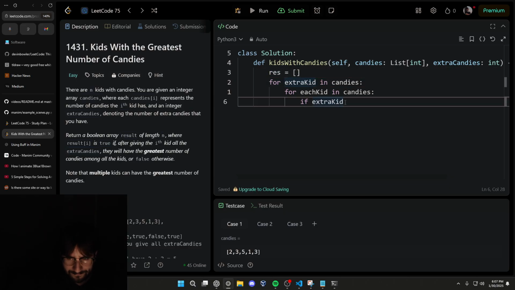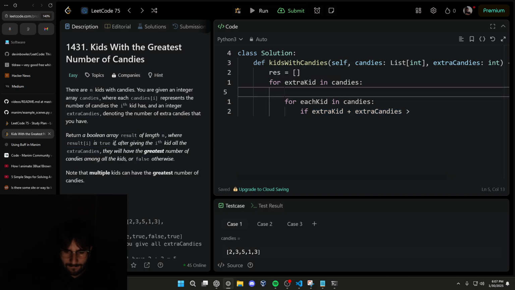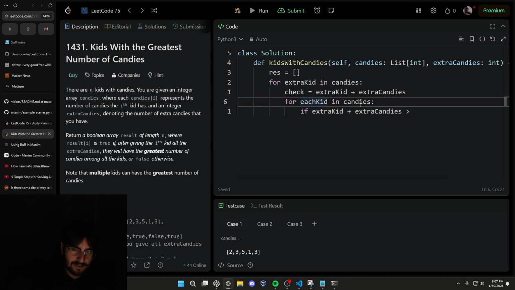If extra kid plus extra candies is greater than, sorry. Check is equal to this number. And then for each one of these, which is going to be each kid in candies from